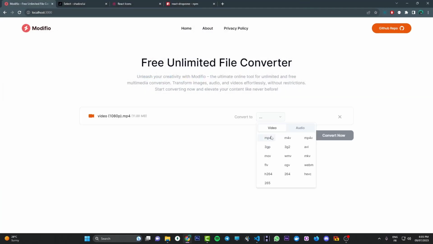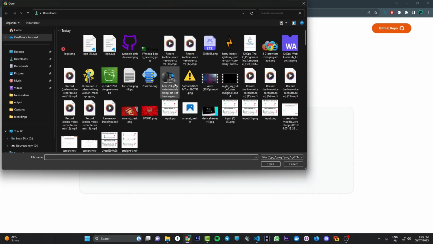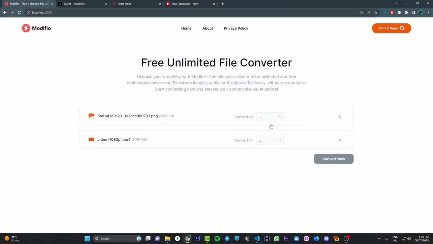As you can see, the allowed file types that I can convert to are just video formats and audio formats. I cannot convert to image formats. Same thing for images. So let's open a video and an image at the same time. As you can see,